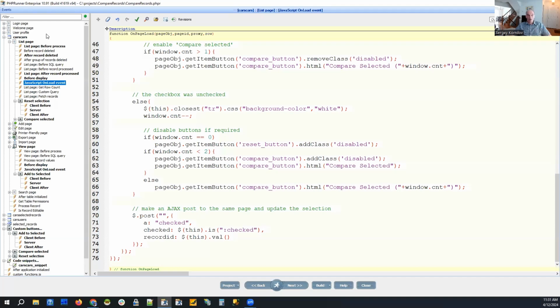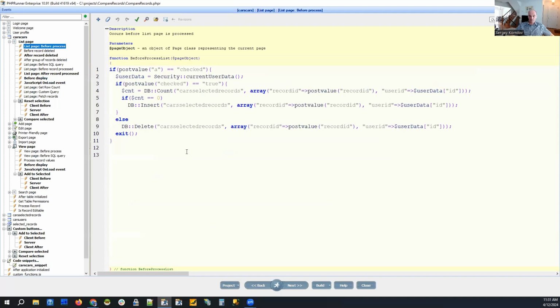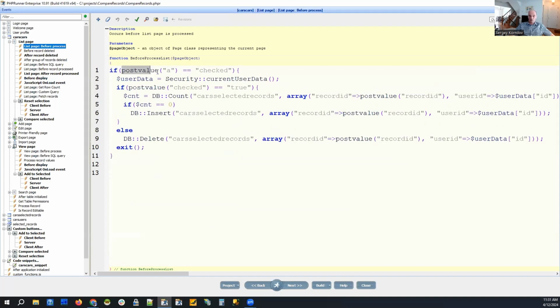That's the list page, before process event. Post value of A, that's our checked, so we can recognize this post request from other post requests, and we only execute our code if the value of A in the post is checked. So we're getting the data of the current user, and if the post value checked is true,